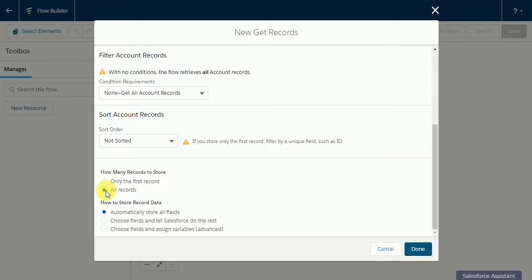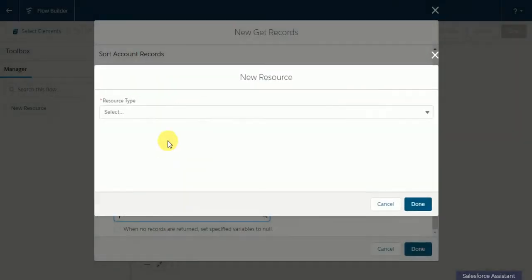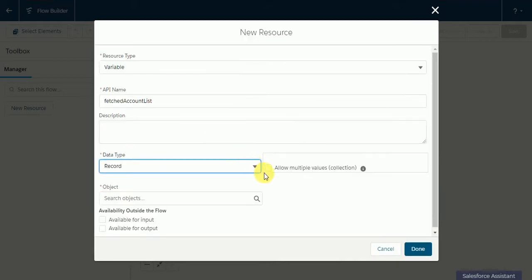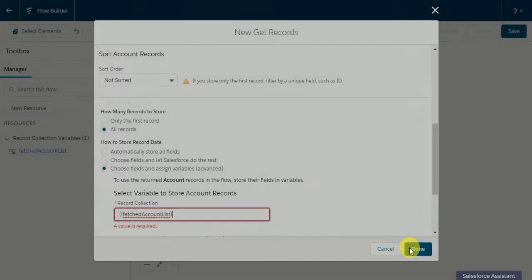I'll select all records, and here I'm going to create a new resource to store the fetched account list. I'm going to create a new resource named fetchedAccountList, the data type is record, it should allow multiple values, and the object is Account, and click on done.